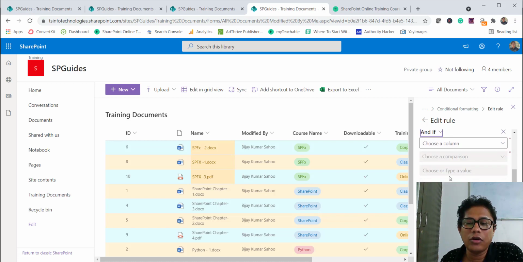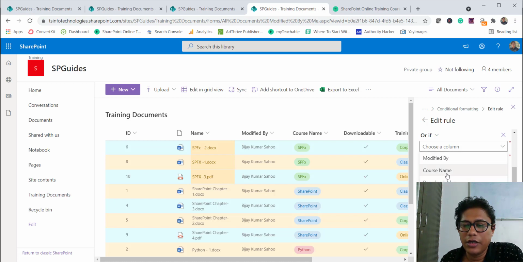I can also put an "or" condition. So let me put an "or" condition here. If the course name is equal to, let's say, SharePoint, then you can make it, let it be yellow.